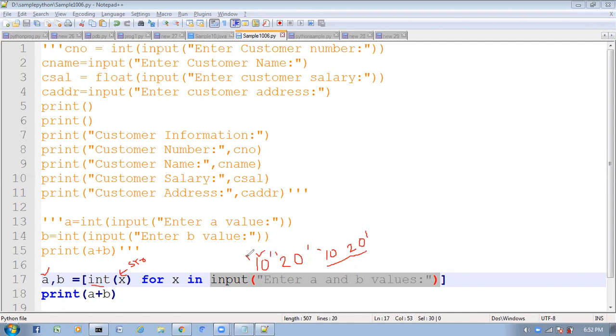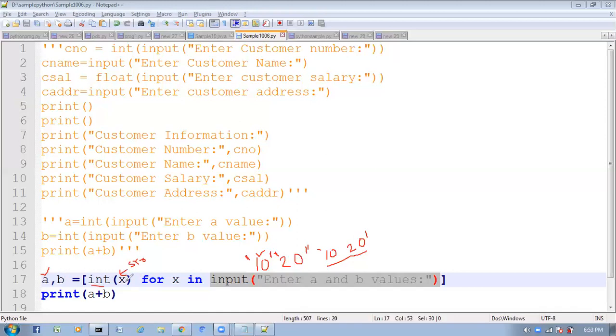This is one code, and these are separate codes. I want to divide this single string into multiple strings. Now, for X in multiple strings, first time X value is 10, convert into integer type and assign to A. Second time X value is 20, convert into integer type and assign to B.